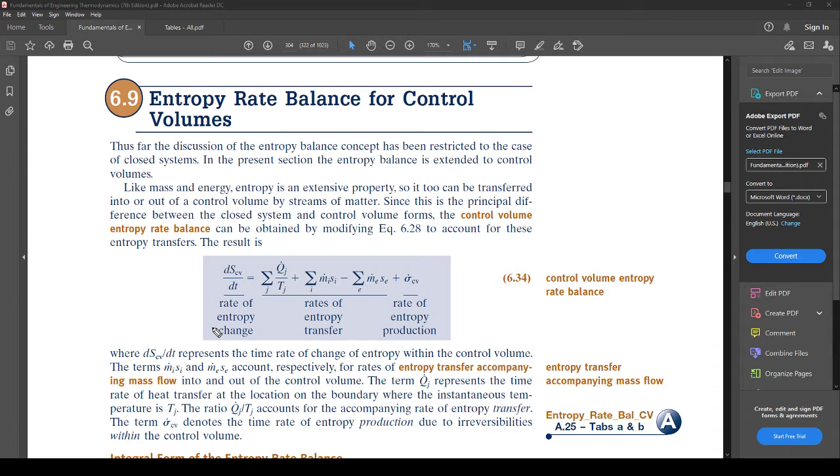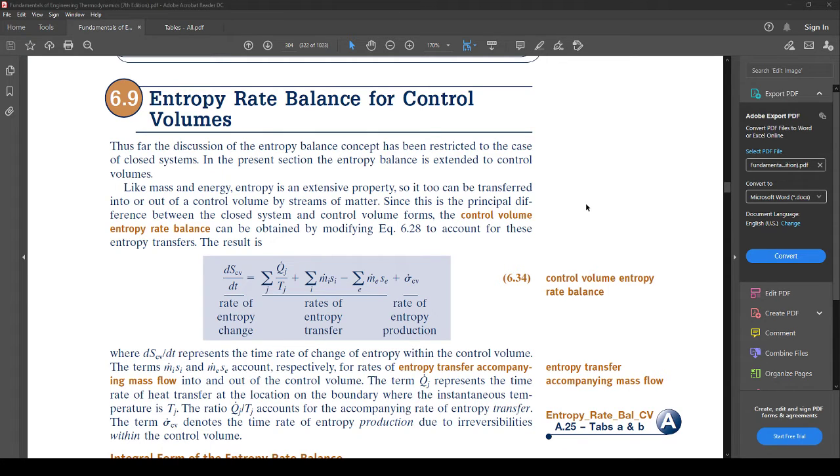So we didn't really change much, but we did also change one more thing, is that now all of our statements have a dot at the top. And that is because we are now with respect to time. It is a flow rate. So we have an entropy flow rate here. We have entropy accompanied by heat transfer in terms of a rate of time. And then we also have the entropy production per time, right? So now let's go ahead and get it started.